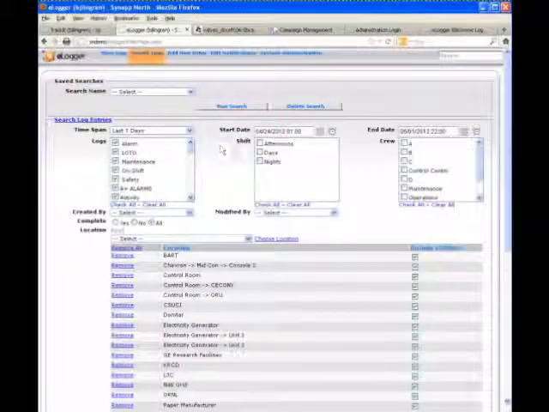But if you don't have a saved search, you can click on the Search Log Entries link, and basically every field in eLogger is searchable, even the fields that you create on the templates, on your custom data entry screens. You determine whether or not you want to search by those. So what we just said is we